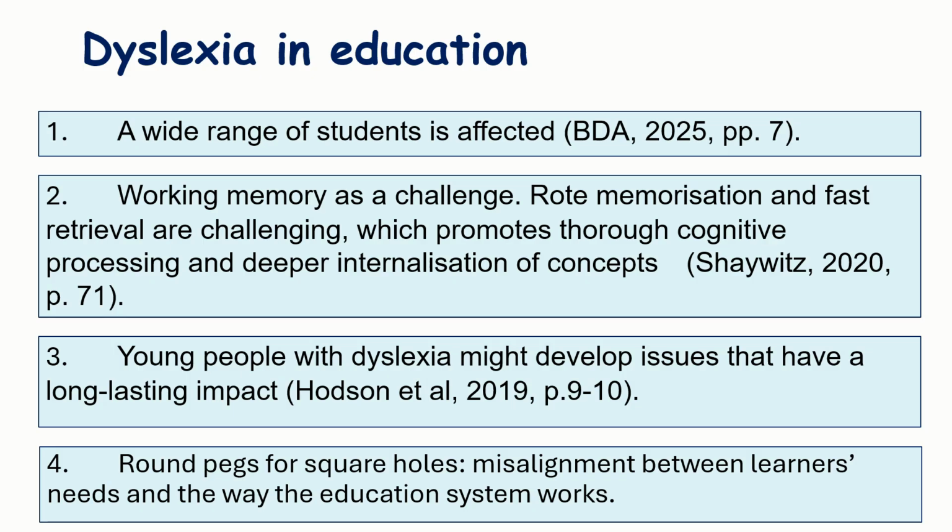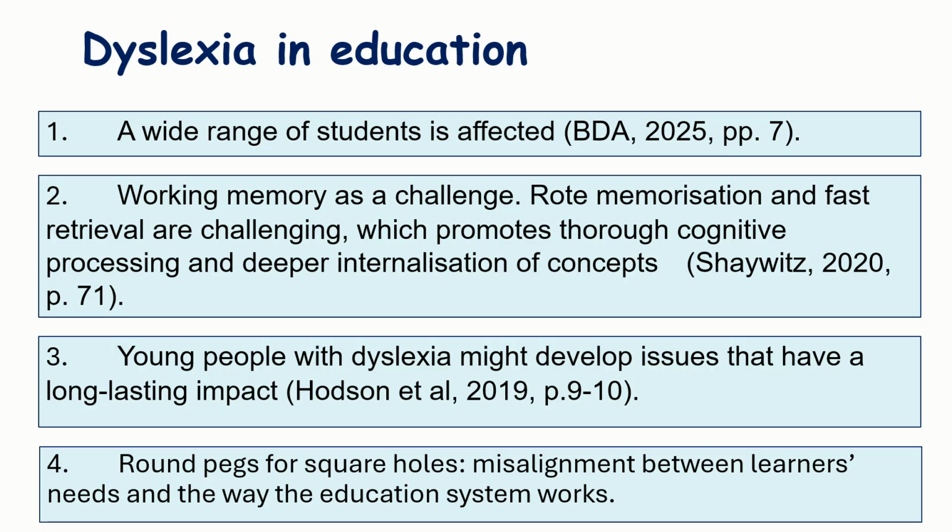According to the British Dyslexia Association report from 2025, dyslexia affects roughly 1 million school-aged children in UK classrooms, but many have not been formally diagnosed. It primarily affects reading and writing skills. However, it impacts working memory and the ability to process and retain information. As a result, it can hinder not only the development of literacy skills, but also access to the wider curriculum, contributing to academic underachievement. Given this challenge for working memory, rote memorization and rapid word retrieval are difficult for the